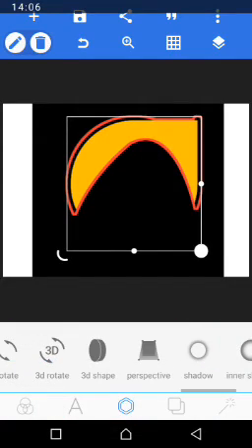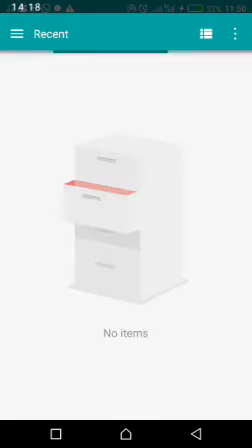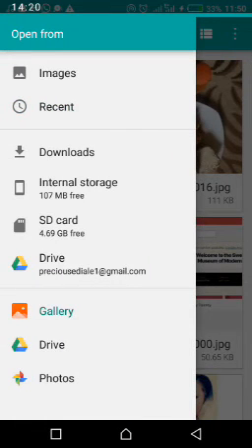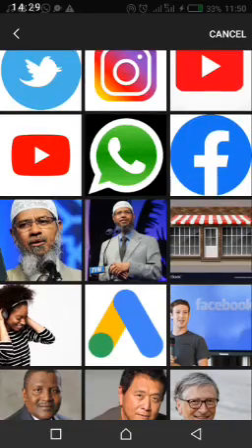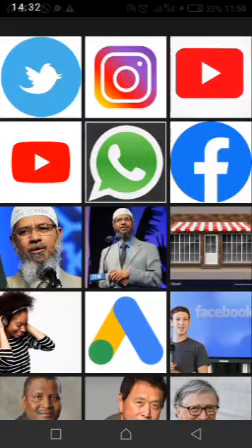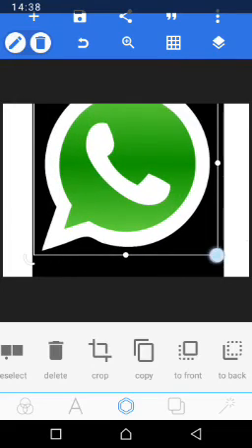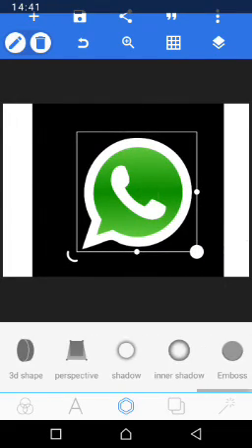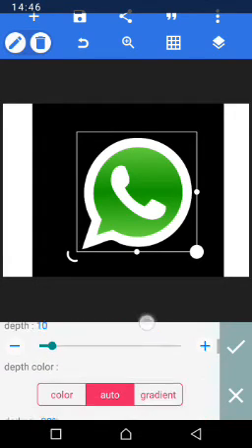Let me add up another image. So let me just delete this one, since we know how to add shapes now. So I'll tap on plus. Let me add from gallery. Let me say picture from gallery. I have some erased picture. Okay. Okay, let me use this WhatsApp icon here. I select mark. I reduce it. Now come to 3D shape, turn it on, and yes, now okay, before I turn it on, let me rotate